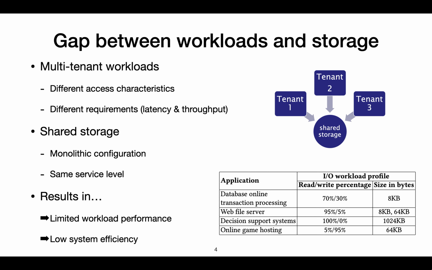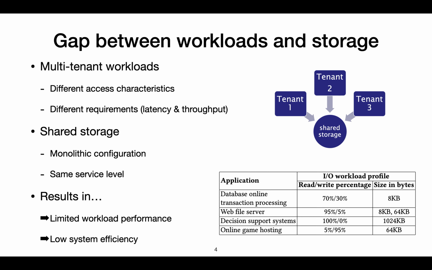However, the differences between workloads on a shared storage cause problems. Typically, the workloads are likely to have different access characteristics, resulting in different performance requirements. For example, social networking applications generate frequent read requests, and low latency is needed to support a highly responsive user experience. On the contrary, enterprise backup applications consist mainly of write requests, which can tolerate higher latency but need consistently